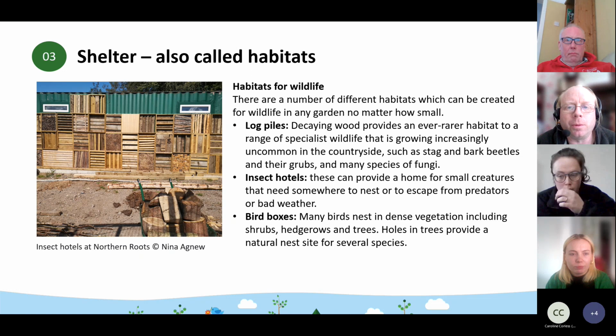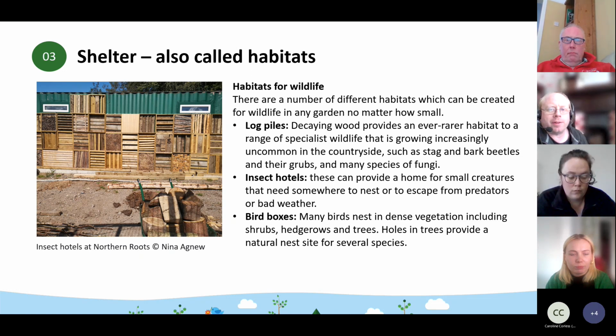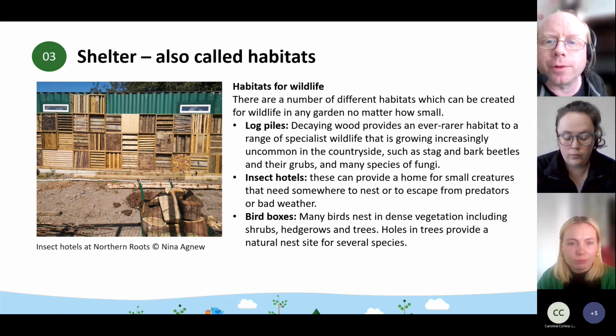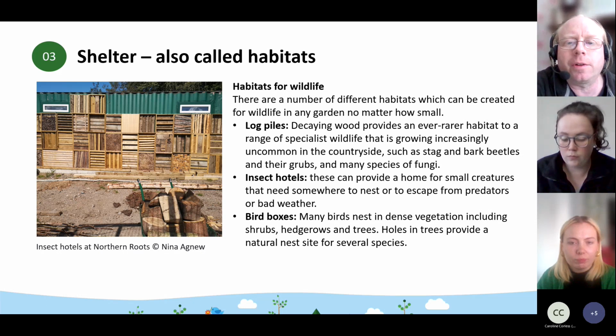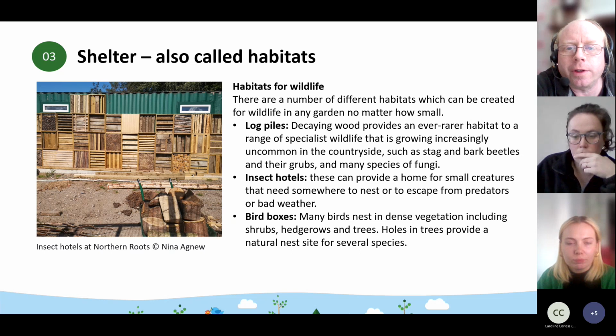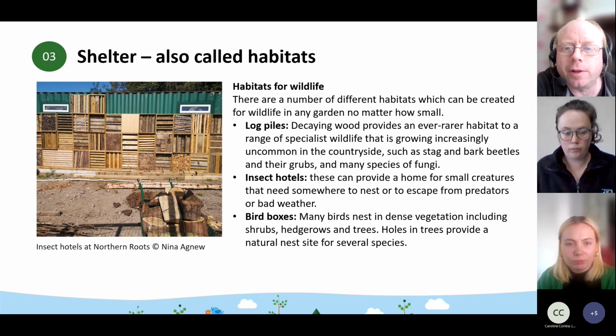This is a simpler way of thinking about habitats. We all think of habitats as being quite large spaces, and we think of woodlands and meadows, lakes and rivers, that sort of landscape scale for habitats. But what we really mean by habitats is the place where something lives, where a particular organism lives, and this can be quite a small-scale feature. And in the case of a garden, we're looking at gardens here as an example. It can be an individual thing.